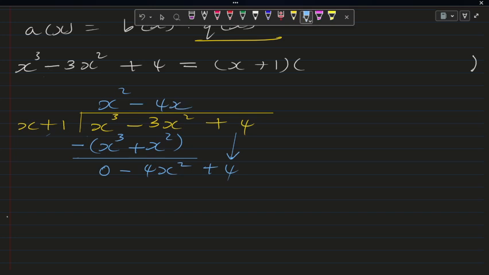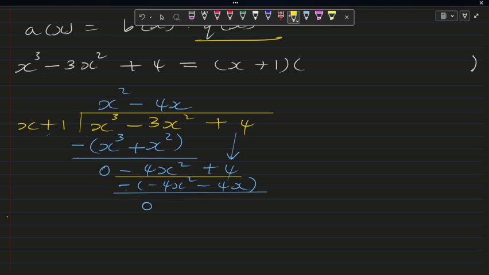We say that negative 4x squared divided by x, this will give us negative 4x. Okay, and then we multiply now. So negative 4x times x will give us negative 4x squared. Negative 4x times 1 will give us negative 4x. Okay, and then after this we subtract. Okay, now we see that negative 4x squared plus 4x squared, this will give us 0. Okay, and then we can see that